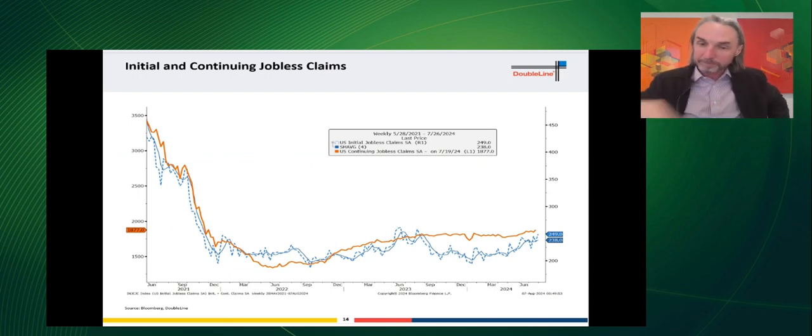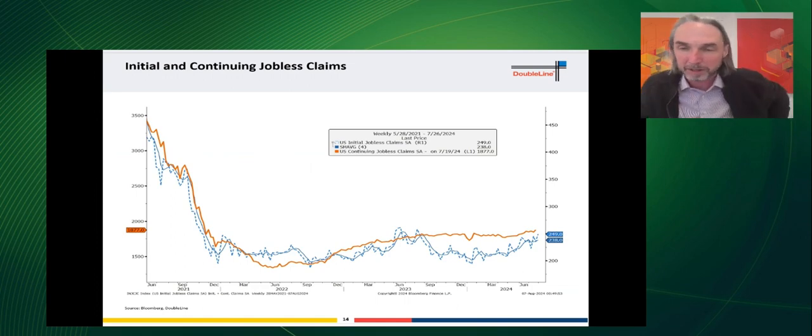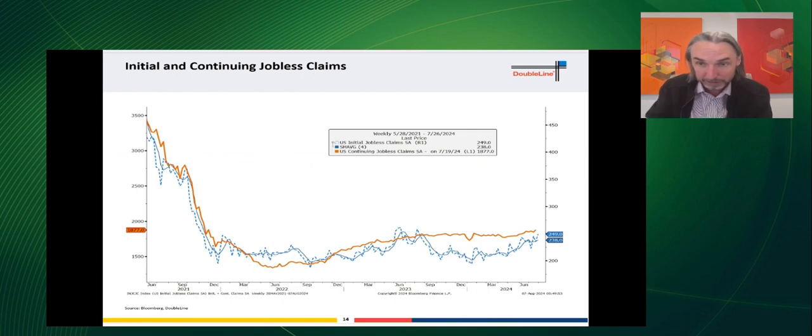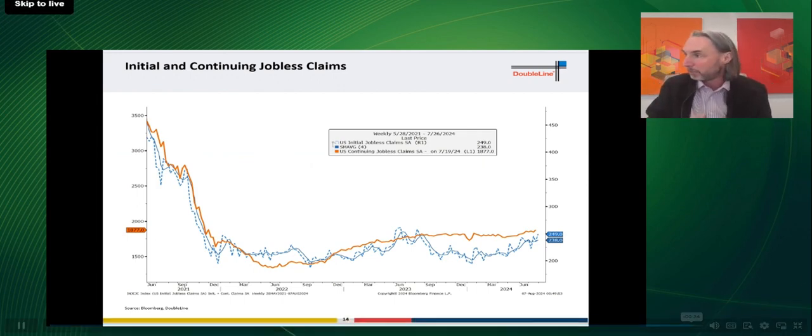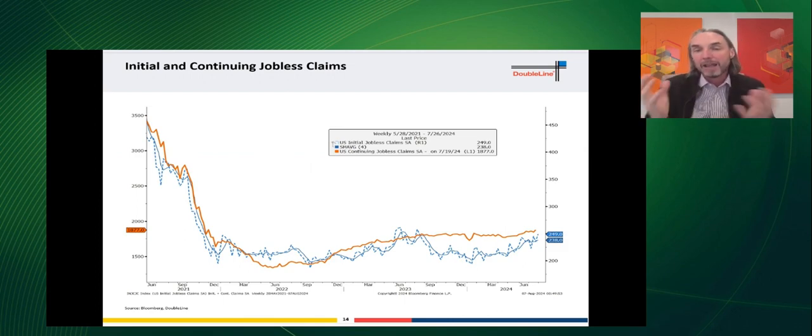So notice, you could argue that there is a little uptrend from the bottom in the middle of '22, but look how stable they've been for the last year or so. Maybe there's a little uptick in initial claims, but the continuing claims aren't growing, meaning that somehow they're transitioning. They may drop out of the workforce, right, which is not good, but they may be getting a job, right? Just because someone got unemployment insurance, they're typically trying to get back in the workforce. So again, I like this data series because it's not a survey, it's actual claims at each individual state, and